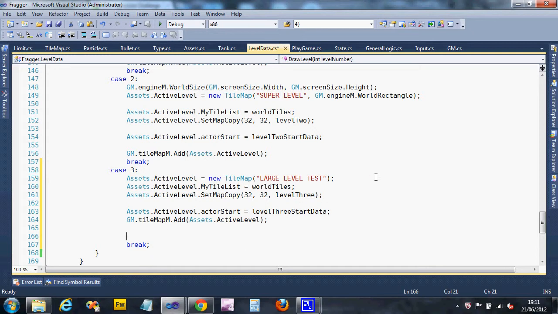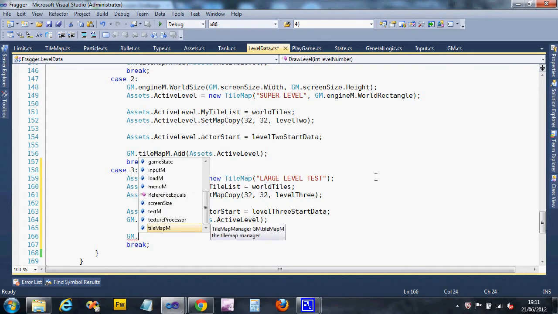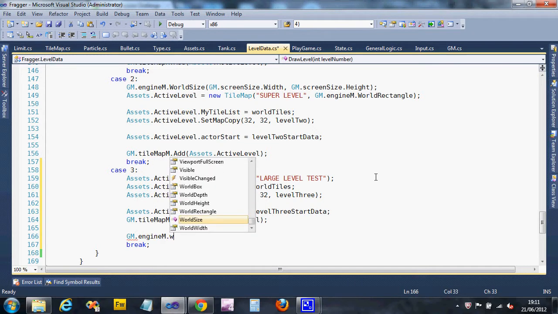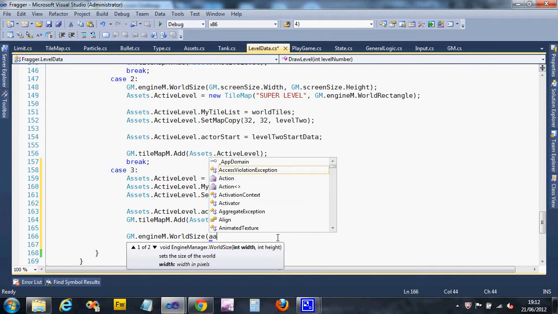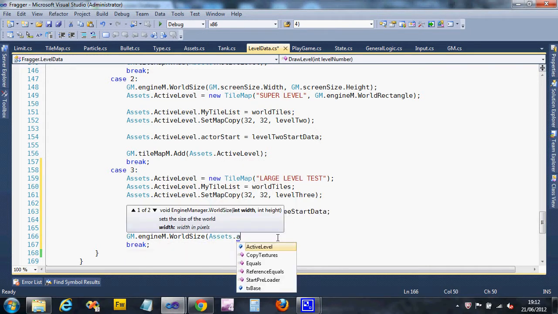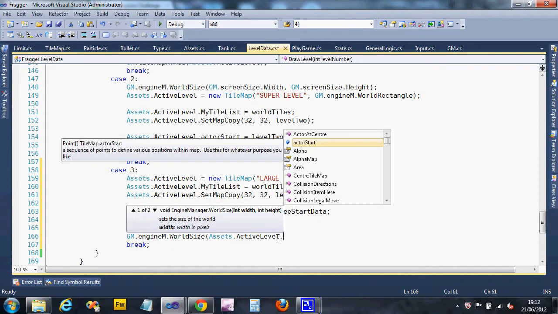So what we're going to do is we're going to say gm dot engine manager world size. So we're going to use this subroutine, this method, to set the size of the world, and we want the width. So we're going to ask the tile map for the active level how big it is. So I'm going to say assets dot active level dot dimension